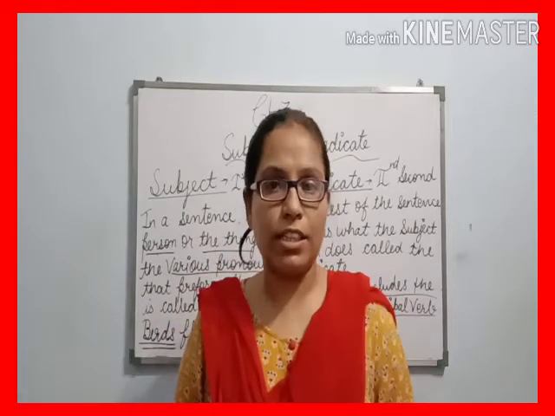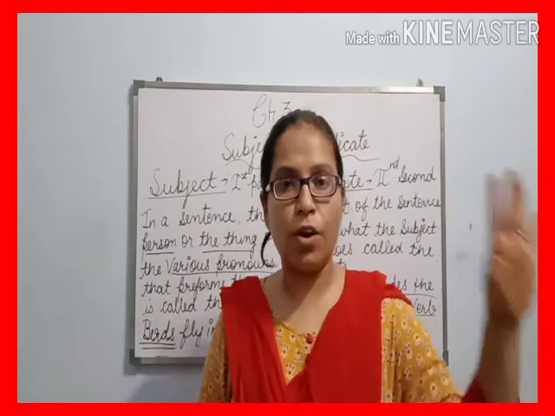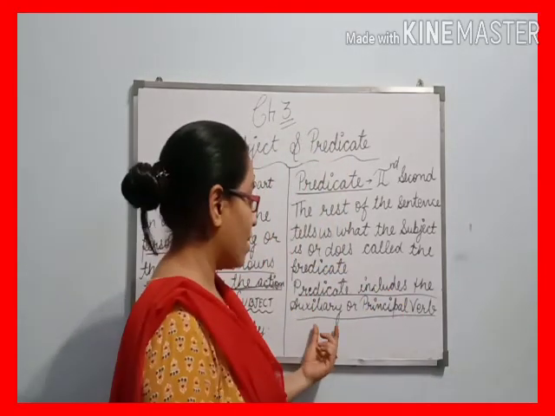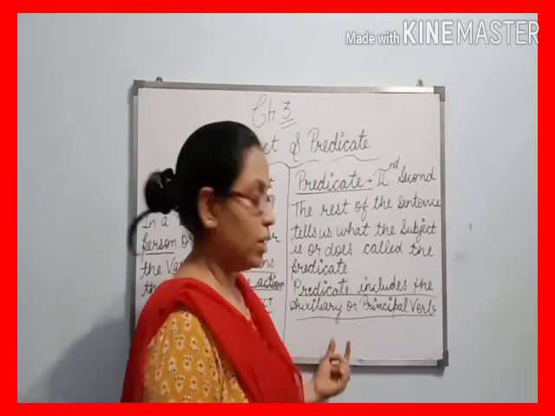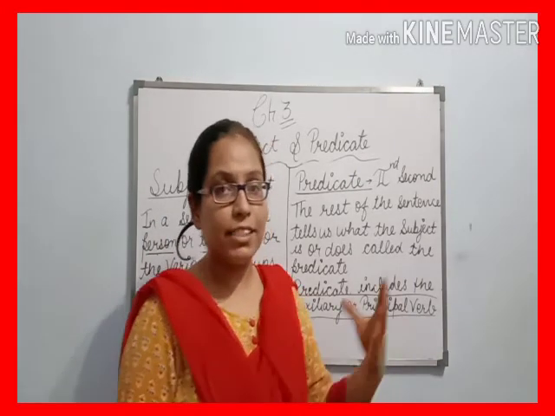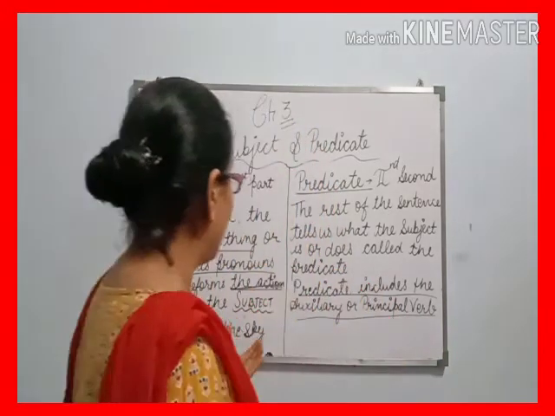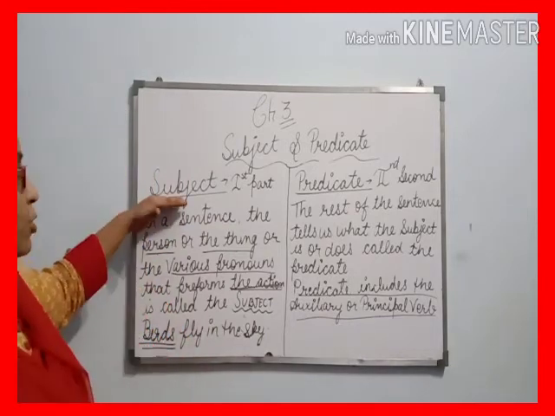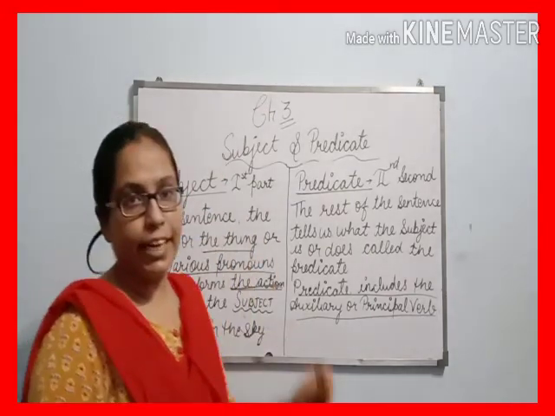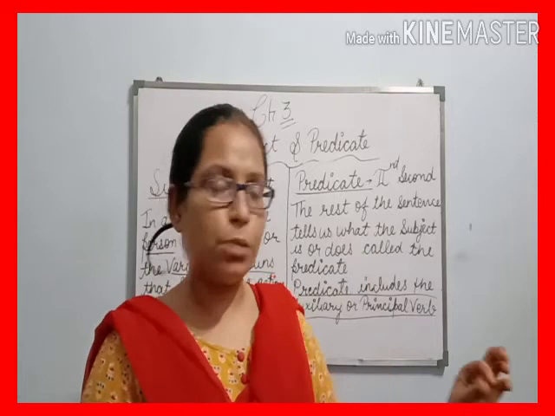And these action words are the first form of the verb, second form of the verb, third form of the verb, fourth form of the verb, and fifth form of the verb. So beta, in this way, if you have a good recognition and good knowledge of auxiliary verbs and principal verbs, you can easily find the second part, find the predicate in any sentence. So I repeat both the definitions again. Subject is the first part of any sentence. As I told you, any sentence has two parts. Number one is subject and number two is predicate.